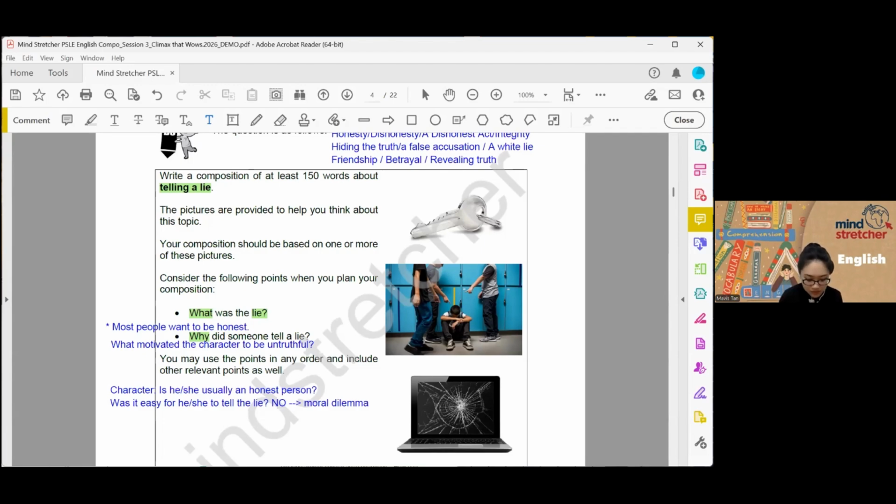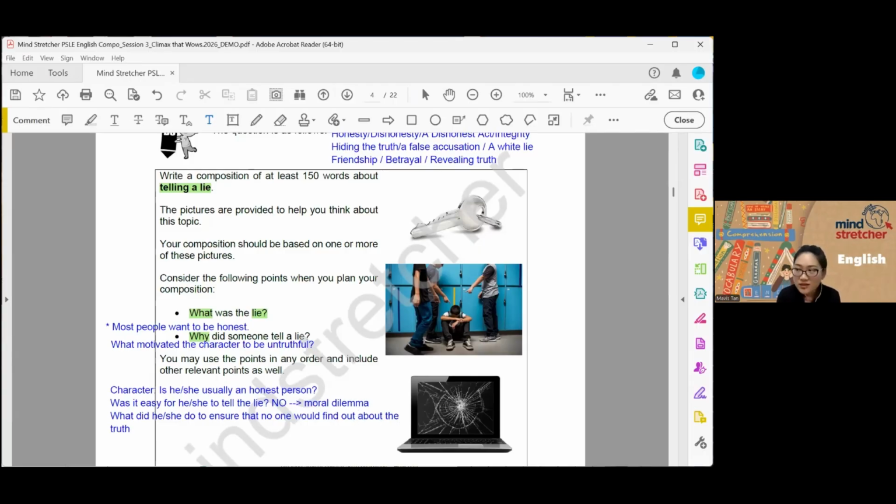Another thing I want to think about. What did he or she do to ensure that, okay, maybe not ensure, let me give it a bit of, to try, I think this is a better way. What did he or she do to ensure that no one would know, that no one would find out about the truth?